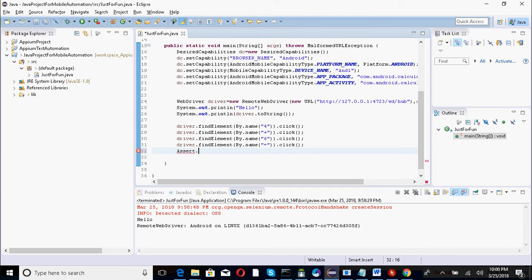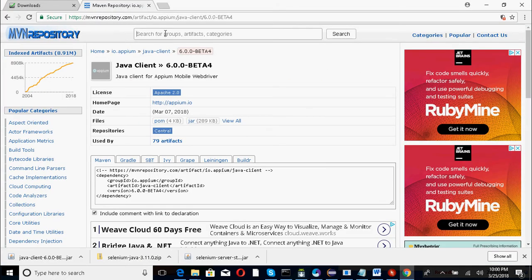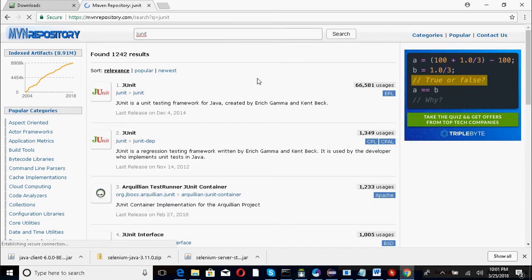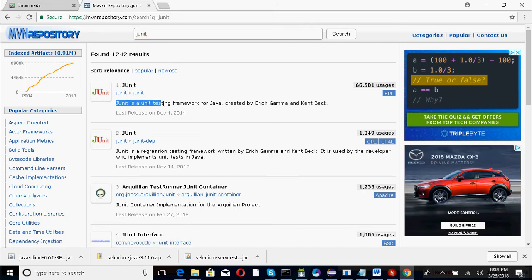Now if I want to use assert, let's say assert dot, I have to download JUnit from the internet. Now nothing is showing up here. So I will download JUnit. I click on search button, JUnit, and I click on search button. Now I got the JUnit, the testing framework for Java. Now I will click on JUnit,